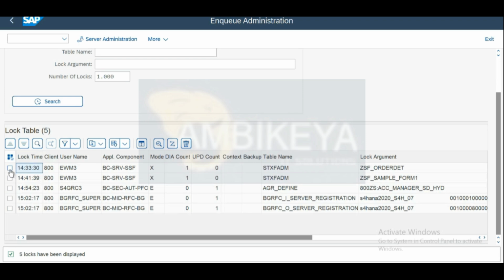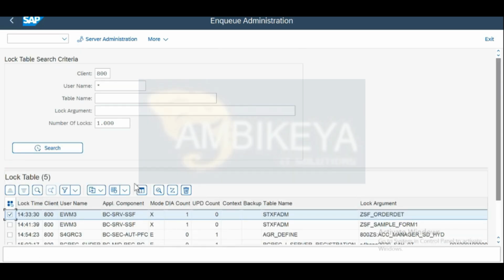So let's say this user, and make sure that if any entry in the system is greater than 24 hours, don't ask anything, delete it immediately without any issue. Don't ask anyone